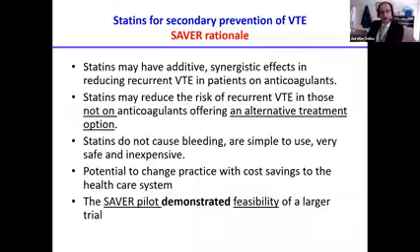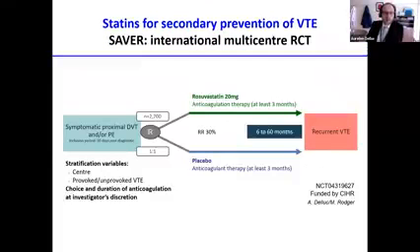And you are well aware that Dr. Roger has successfully completed the SAVOR pilot and demonstrated the feasibility of a larger trial that will assess rosuvastatin to prevent venous thromboembolism recurrence. So we are about to open our center for this international multi-center randomized controlled trial of